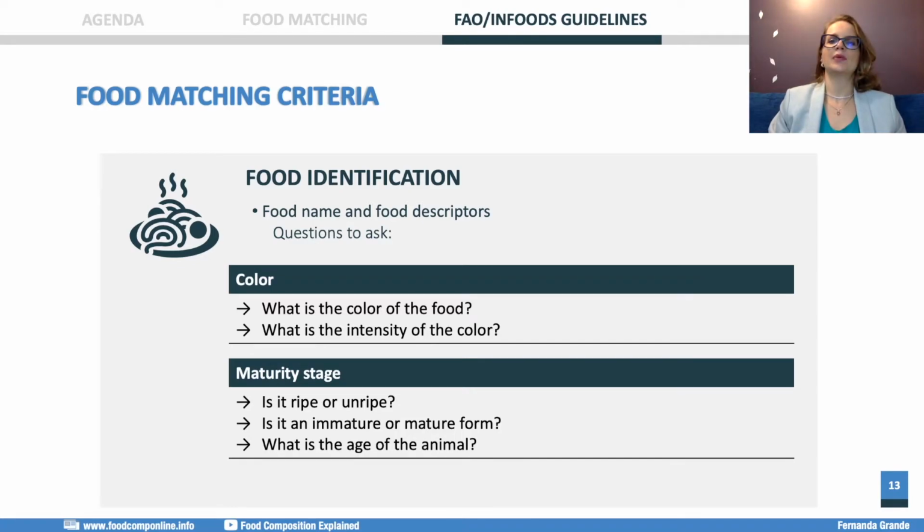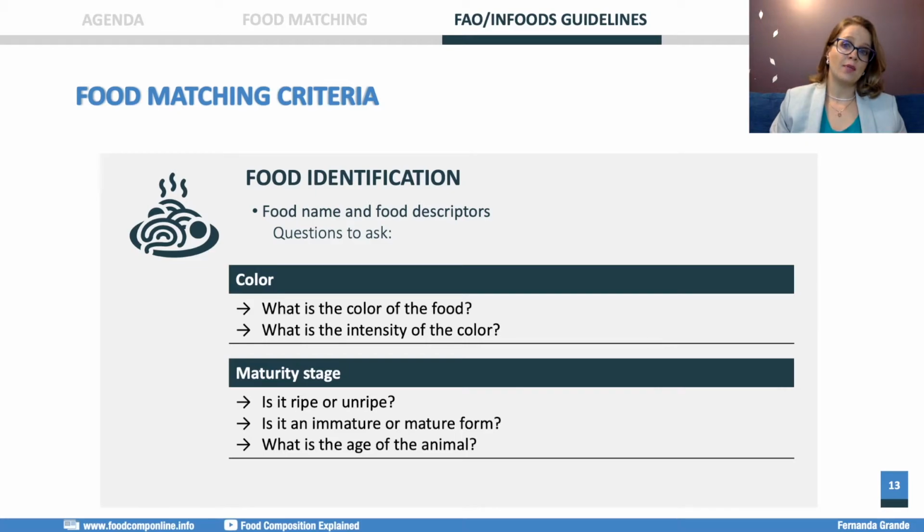Some components are related to the color of the food, such as vitamin A, where darker yellow or orange varieties of some plant-based foods are usually associated with a higher vitamin A content when we compare them with the white or pale yellow ones. Regarding the maturity stage, it is important to consider if the food is ripe or unripe, especially for fruits, if they are in the immature or mature form, since it may dramatically change the nutrient content of